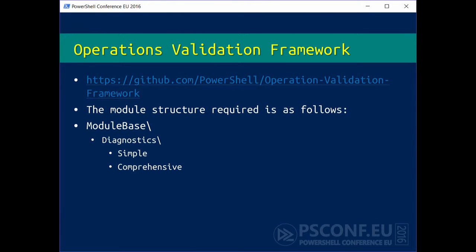Right. So there's a framework on GitHub, in a Microsoft repository, the operations validation framework. It takes a slightly separate approach where you have a module. They expect everything to be packaged as a module. And then you have the diagnostics folder underneath that. That basically means your module has a .psd1 file to be discoverable. And you have simple and comprehensive tests within that. Right? So the way it works is,